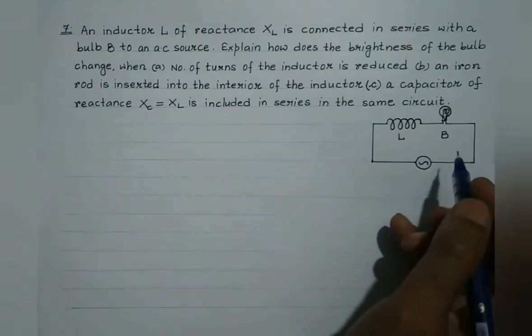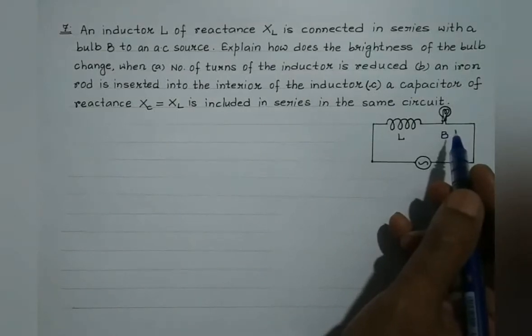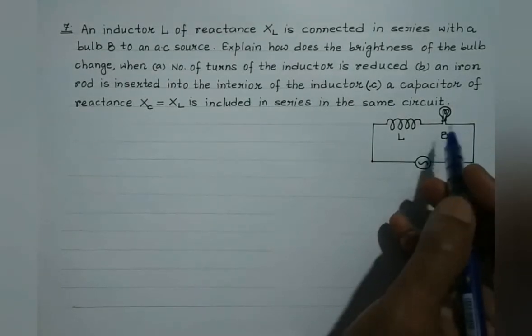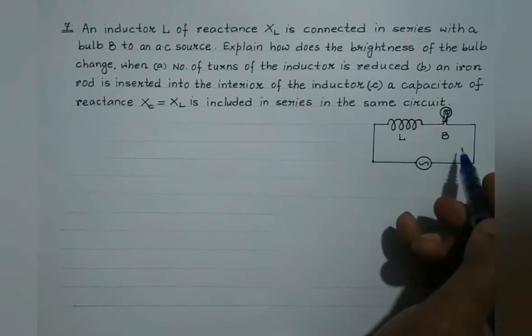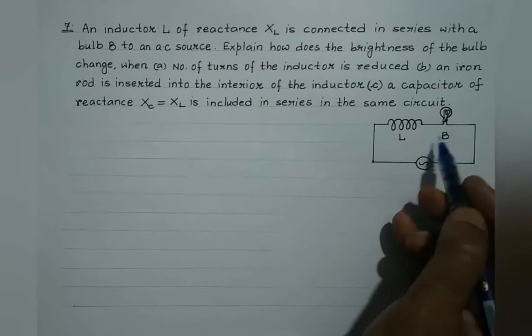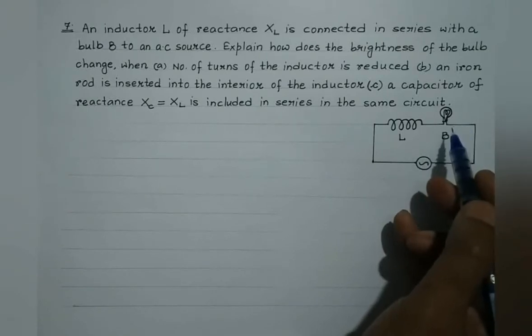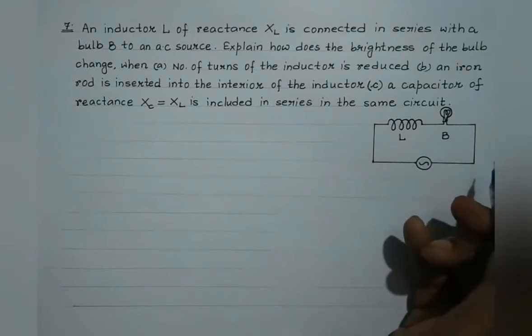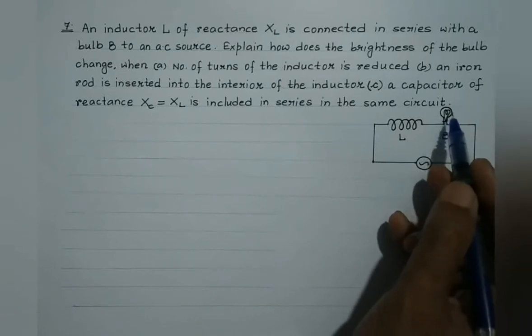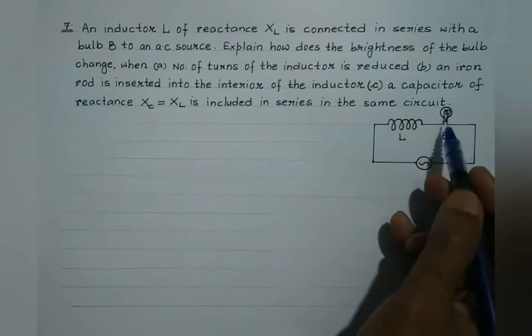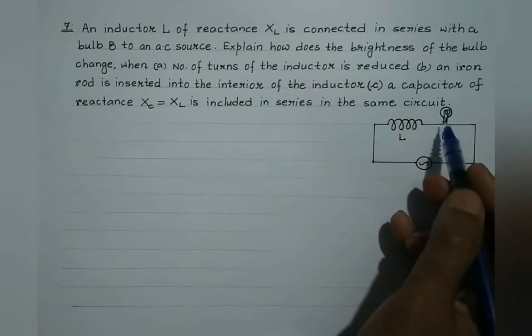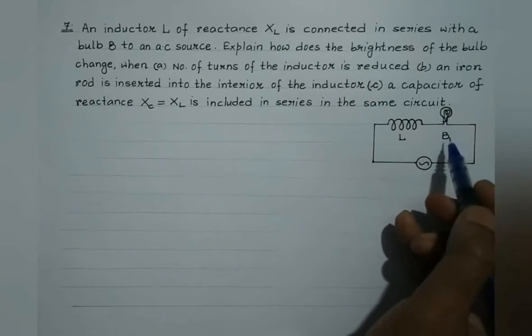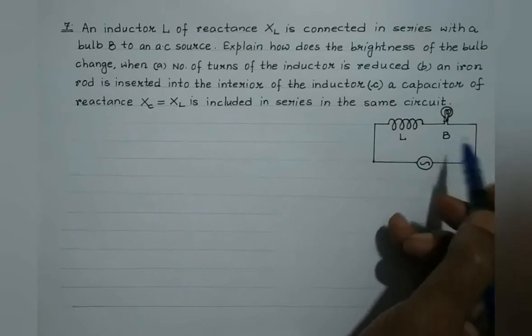First and foremost, students, the brightness of the bulb does depend upon the current flowing through its filament. That is, more the magnitude or the strength of the current flowing through the bulb, the greater will be the brightness with which it will glow, right? So, if the current flowing through the bulb is large, then the bulb will glow brightly. And if the current through the bulb is quite low, then it will glow dimly, that is with lesser intensity. So that should be kept in mind.